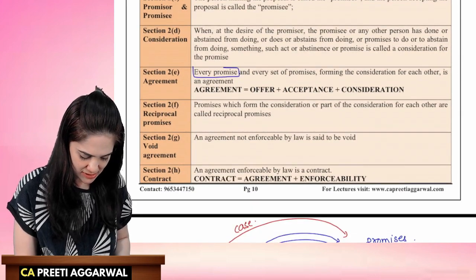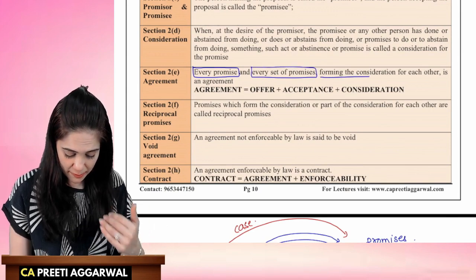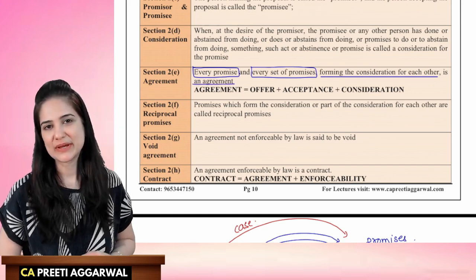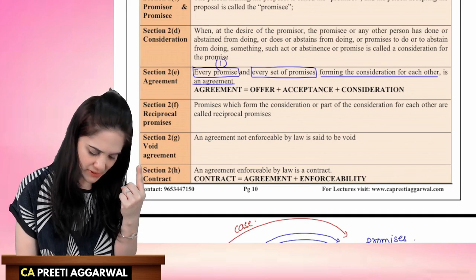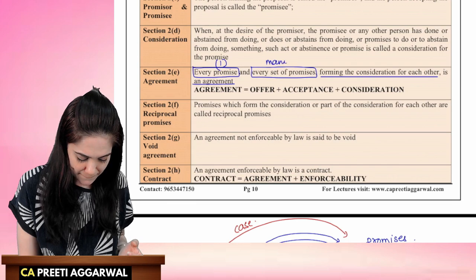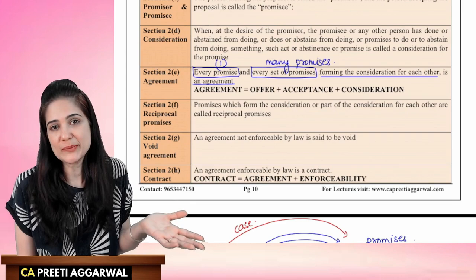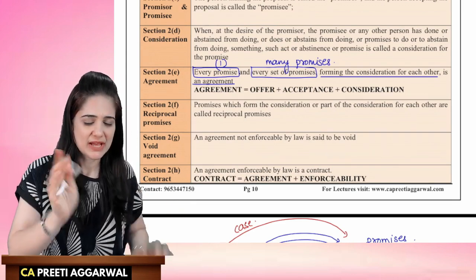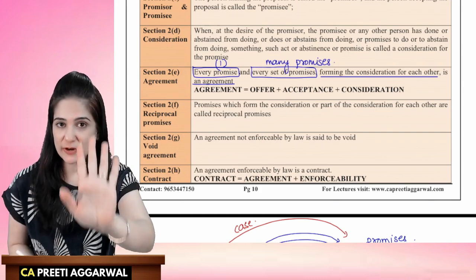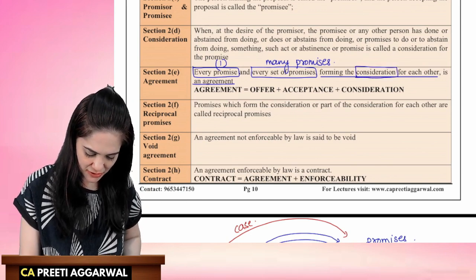Every promise and every set of promises forming consideration for each other is an agreement. If there is one promise, even then it becomes an agreement. If there are many promises, even then it will form an agreement. Every promise and every set of promises forming consideration for each other. Wait, what is the meaning of consideration? Consideration means